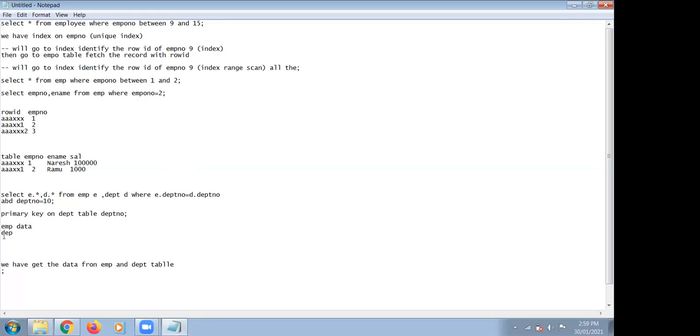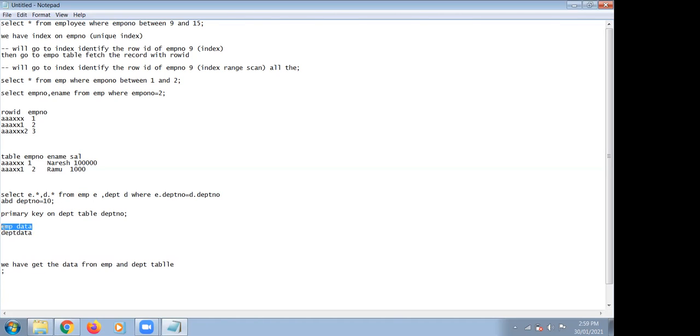So we have the department number 10 data, and also the department number 10 data from the employee table. In case you don't have an index on this department number, there is no index while accessing the employee table. It will go for a full table scan of employee and do a filter on department number 10.